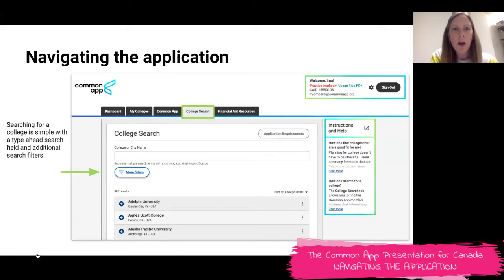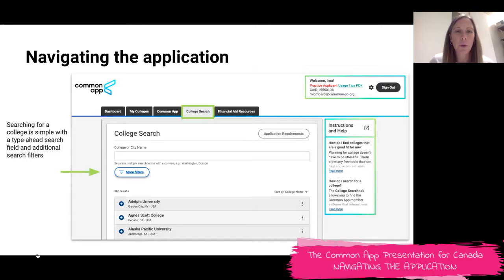All right, so here we are. Actually, I know we've just jumped right into the application. So assuming that you've gone to commonapp.org, you've said apply or create an account, this is where you land in the application. Again, with that launch in July of our new visual identity, also means that the application itself kind of looks differently. Nothing drastic, but we've actually done a lot behind the scenes to make the application itself more